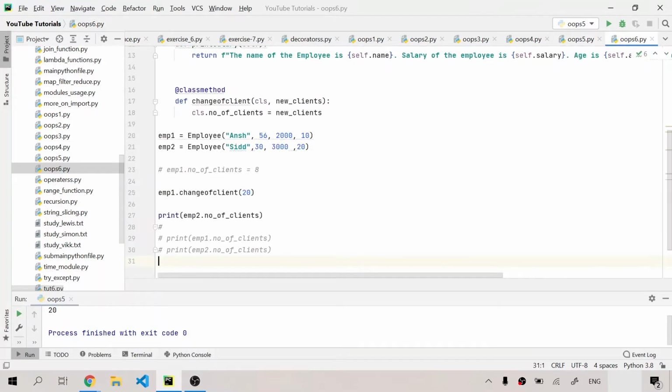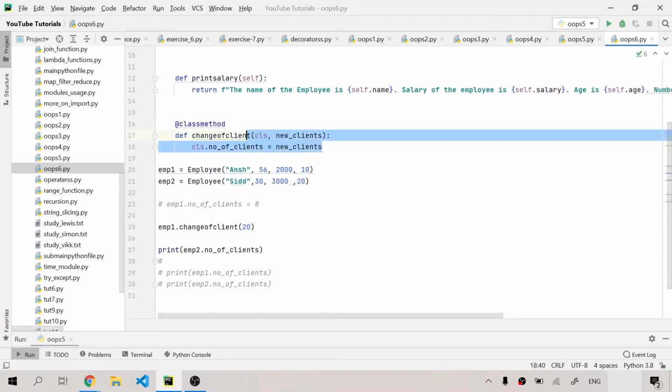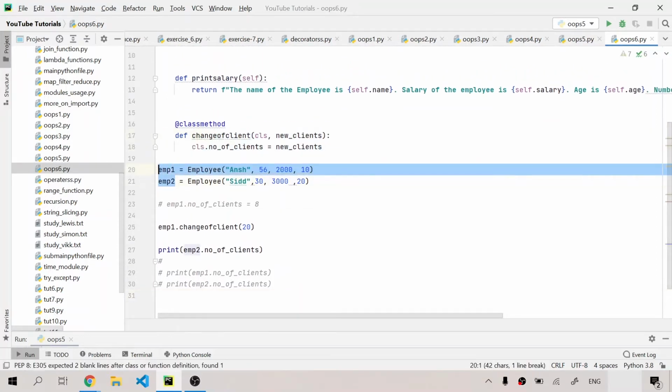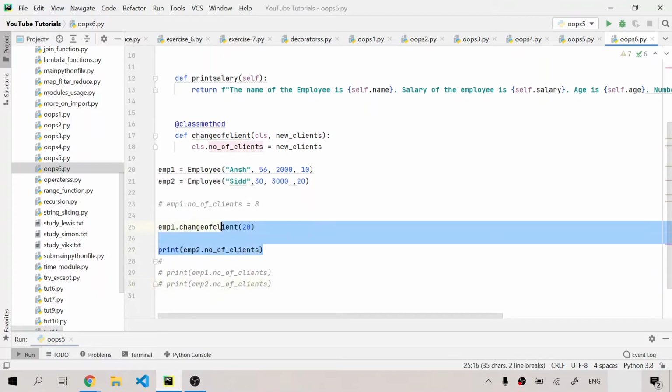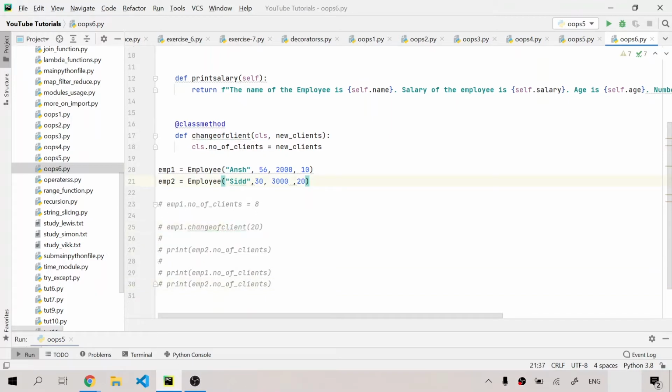After that, I'm going to copy this whole code from the last video and paste it right here. Looking back, we had made a class method and after that we had declared some objects, emp1, emp2, then I had printed something. So I'm going to comment this. And guys, now I'm going to tell you why we should use class methods as alternative constructors.